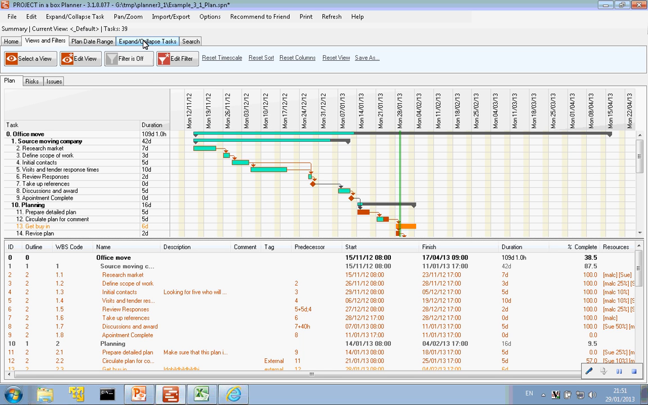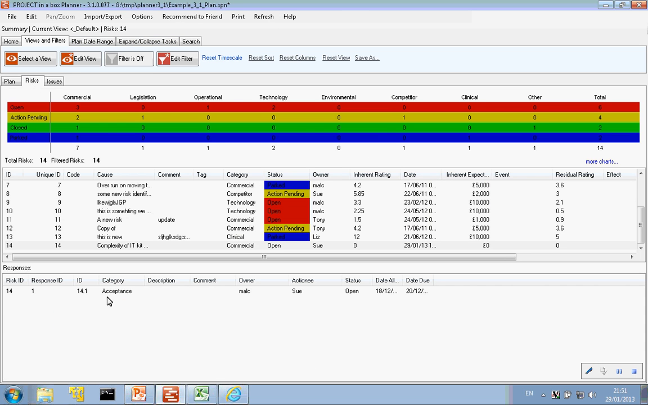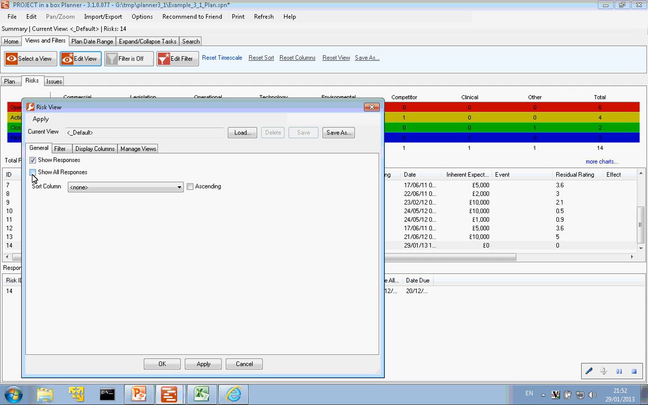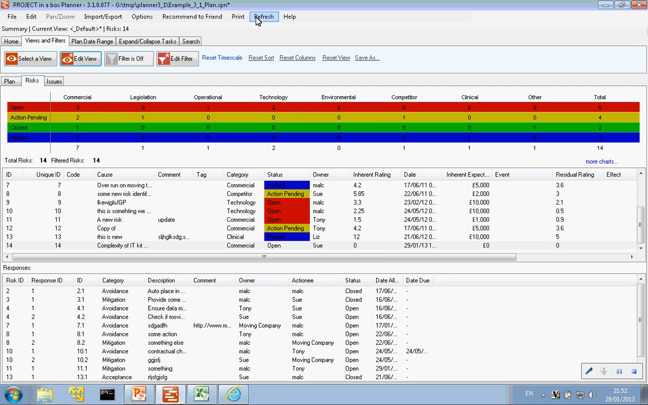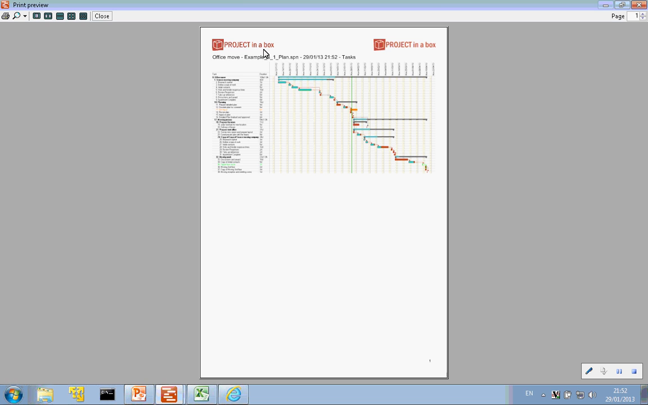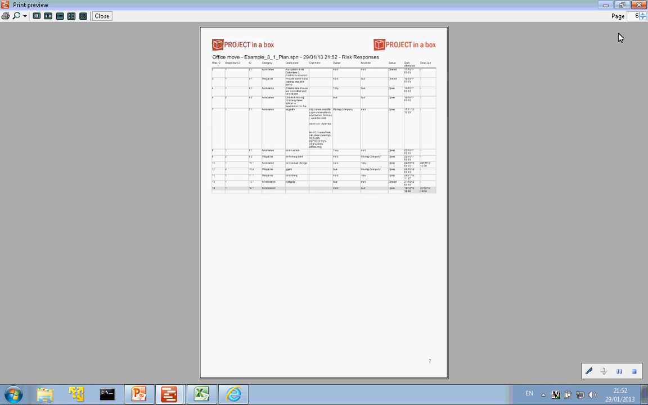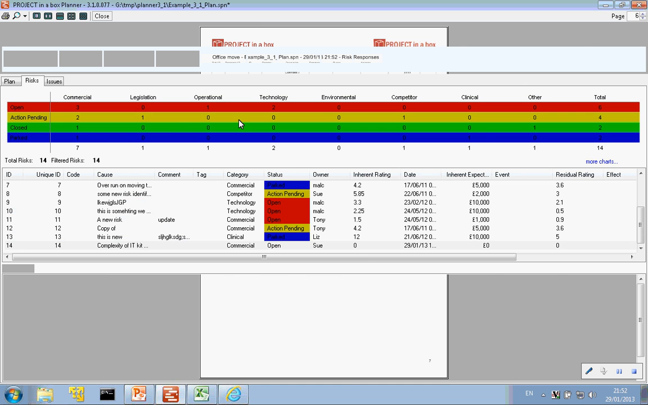Now, we were looking here in the risks, we just had one response showing. So if we come back here and go on to show all responses like that, then we can come back and print preview again. So this time we should find, when we come through to the end onto 6, we've got all of our responses showing. So it picks up from whatever we've got running there,